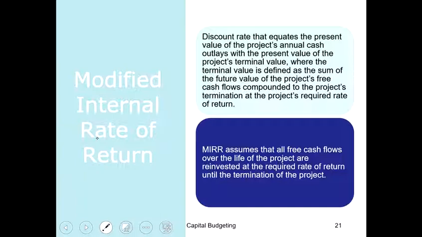means discount rate that equates the present value of the project's annual cash outlay with the present value of the project's terminal value. Okay, this one is step 1 lah. Mula-mula kita akan cari discount rate untuk present value of the annual cash outlay. Okay, ni step 1 kita untuk kira MIRR. And then dia cakap